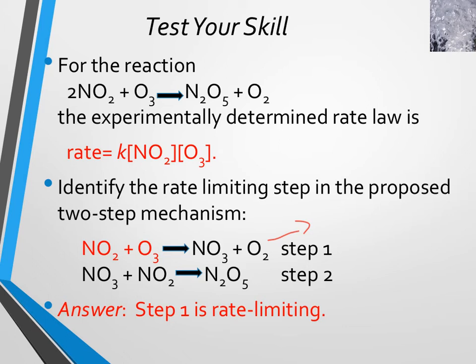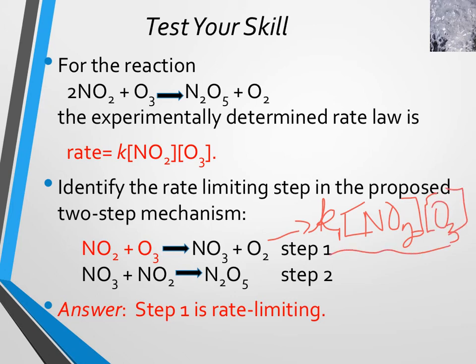The rate law for step 1 would be some rate constant, whatever it is, times the reactants. So for step 1, the reactants are nitrogen dioxide and ozone, O3. The exponents are 1 for both of them. And the rate law for step 2, some rate constant. The reactants for step 2 are NO3